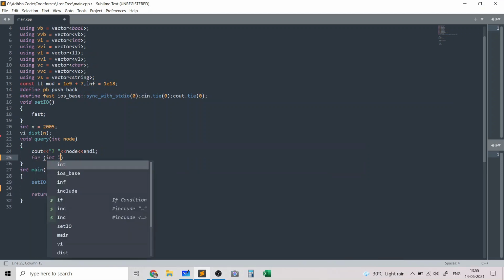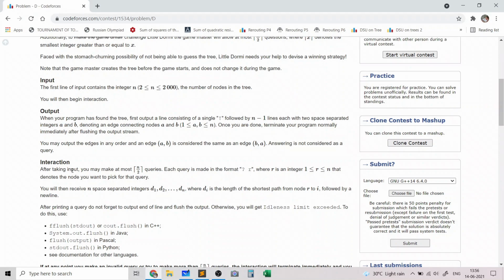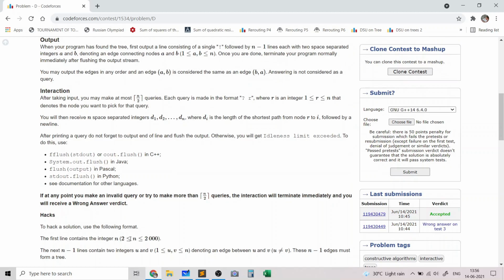And then I'll take in the distances for each node from the node, and now that we have basically handled the querying part, which is basically giving the output in this format and taking in the input, which is the distances, let's get to the main function. In the main function I'll take in the input n, and I'll not take in anything else because the input is only one line.